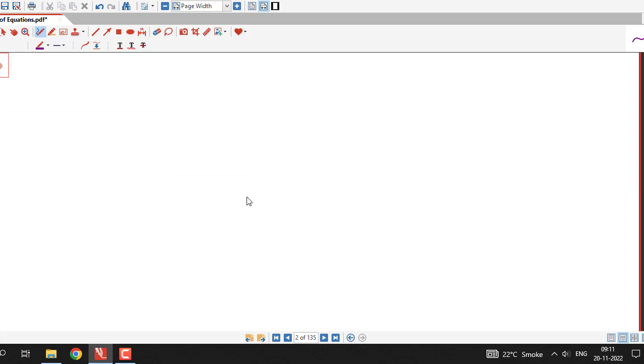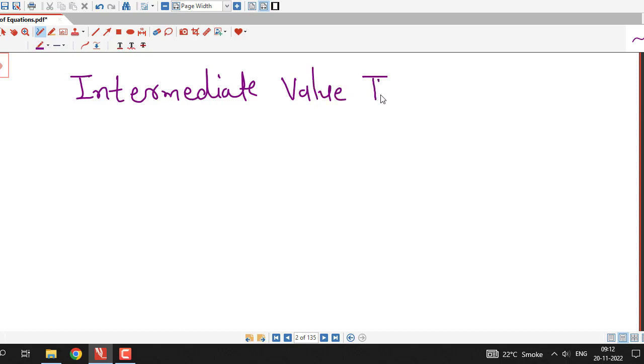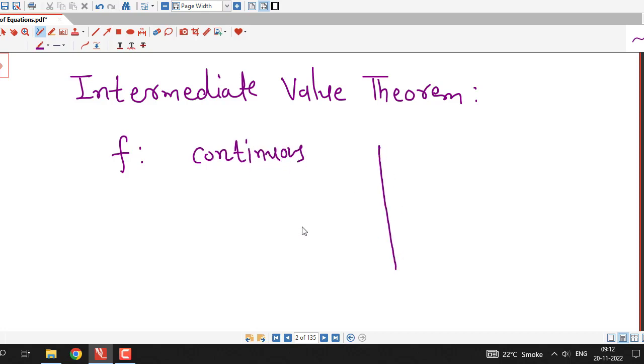Now before going to the bisection method, we discuss one result which is true for continuous functions. That result is known as the intermediate value theorem. We will require this result to understand the process of the bisection method. So what this result says is that suppose we have a function f which is a continuous function. For example, we can sketch it graphically also. Suppose I have this type of continuous function, that is, its graph has no breaks.